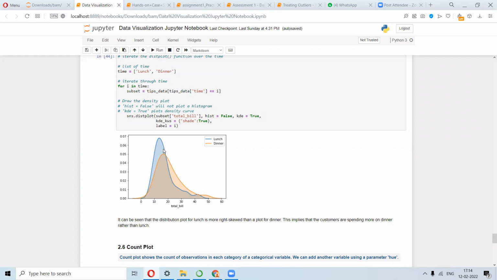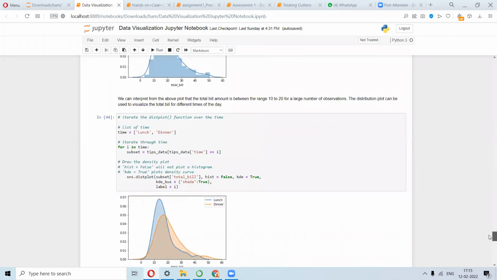Also look into the spread of the data set. This is really narrow and this is wide, right? The concentration here is mostly from here to here, so 5 to 20 maybe, but here you can see the concentration is from 10 to 30. So these are all that you can actually infer.